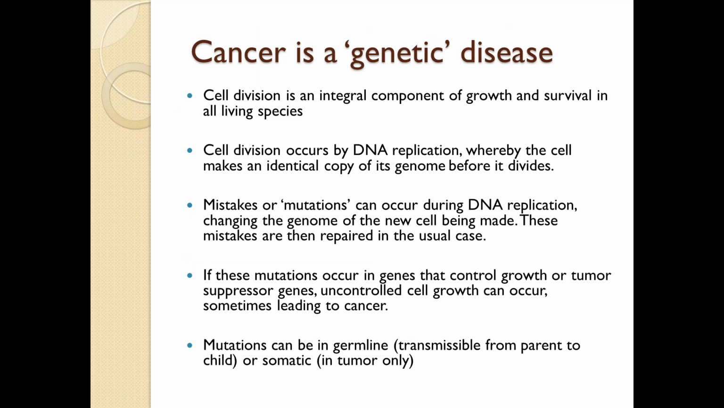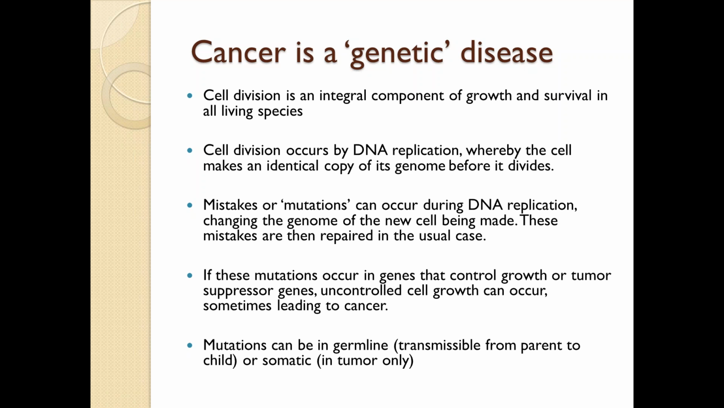So cancer is largely considered a genetic disease. Genes, as we all know, are units of heredity that are transmitted from parent to offspring. And just to introduce this concept further, I want to talk about cell division, which is an integral component of growth and survival. As cells divide, that leads to growth and survival of all living species, including humans. And cell division occurs by DNA replication. So the DNA divides, and then subsequently the cell makes an identical copy of its genome or its genetic structure